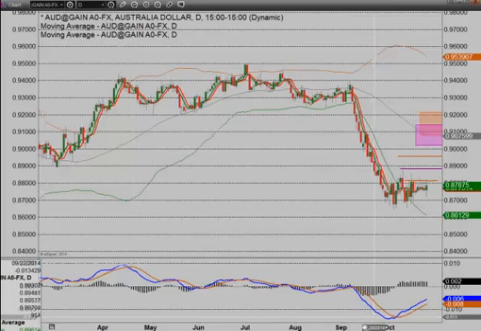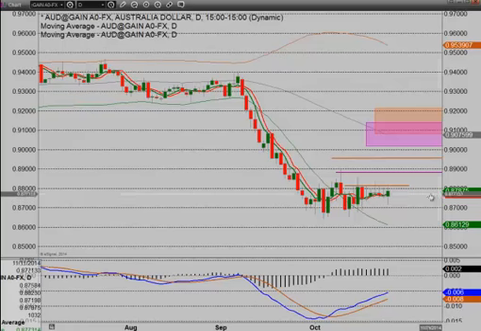Australian US dollar, there's the daily chart. Very flat correction here. We talked about this in weeks past too, the possibility that the dollar rally we've seen doesn't necessarily have to have a steep, violent correction. It can have a more tame, flat correction, and you see that in this chart as well. Australian dollar very weak. You can't even get out a minimum of an upside correction here. So very flat correction here, and we see that as longer term bearish.